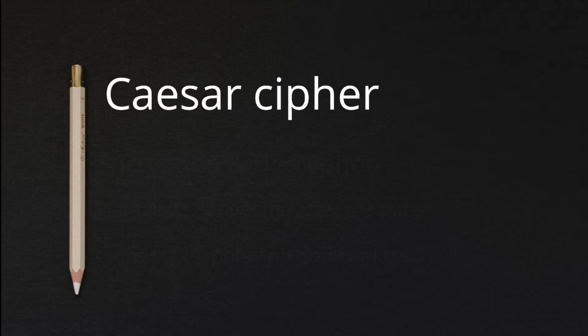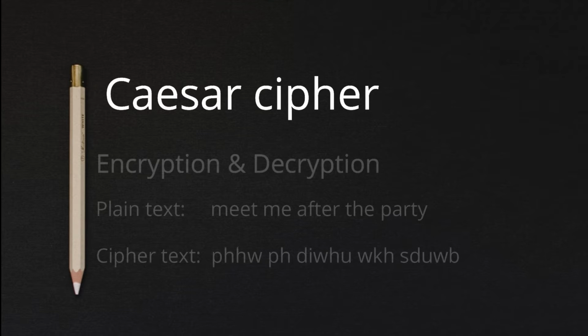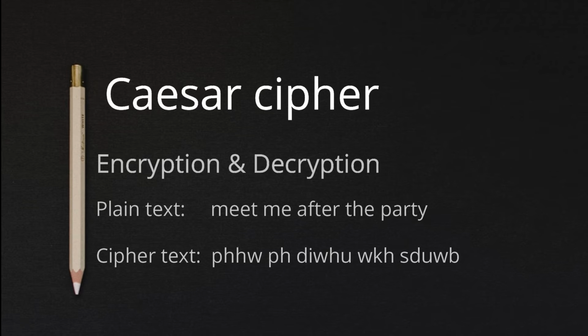Let's see an encryption and decryption with a shift of 3. For encryption, take a plain text: Meet me after the party. Now shift each letter with n equal to 3. It gives the cipher text